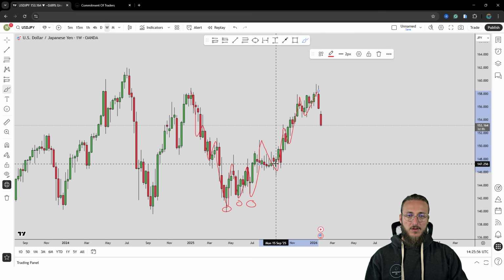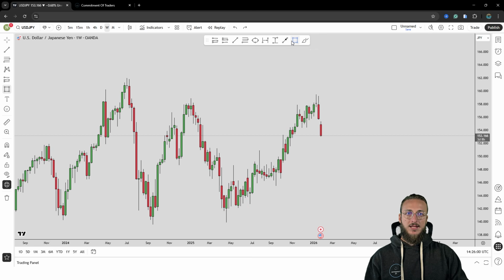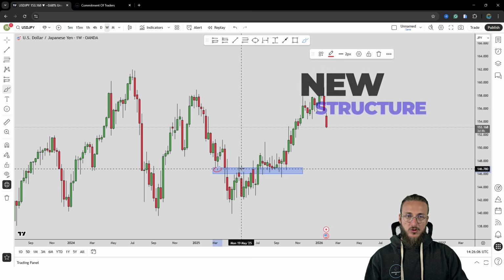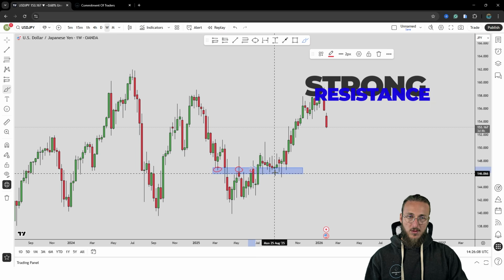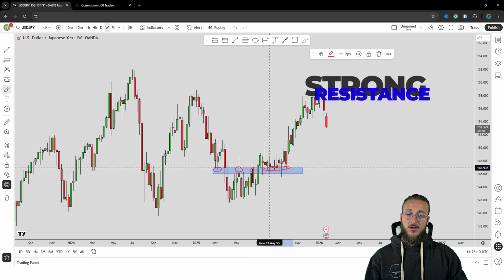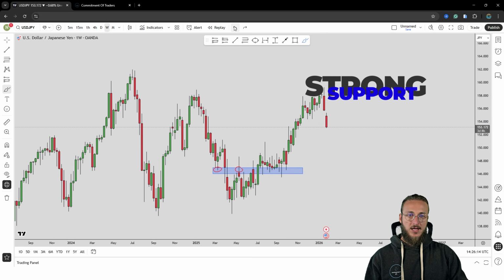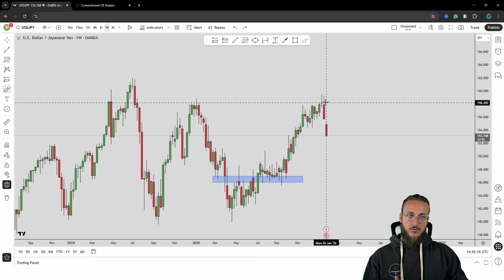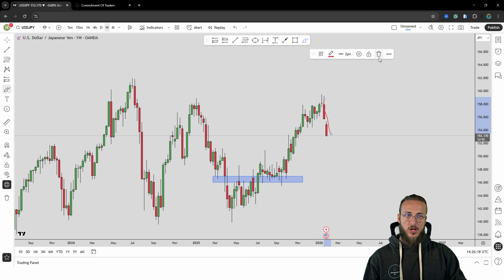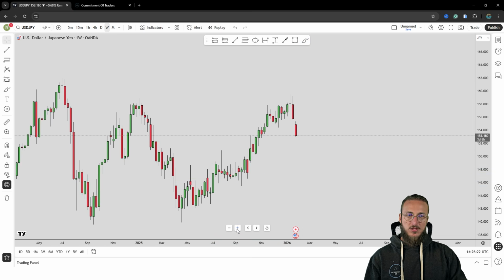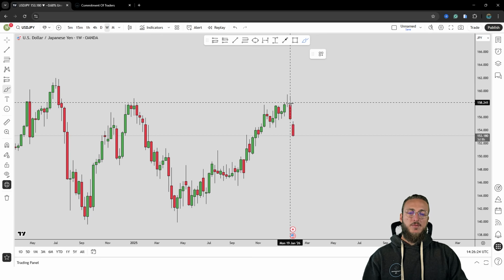If we have to identify which was the structure in this area, it is quite easy to identify this zone here as being the structured zone. This area was the level that was acting as previous support, became resistance here and here. The market then broke back above, and this level started acting as support. The market from there started the creation of higher highs and higher lows, until we have seen this push to the downside and break of structure. Now that the market has broken to the downside, however, in creating this push lower, the market is also starting